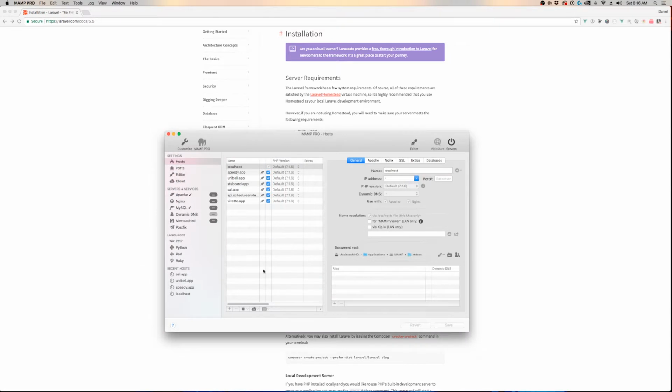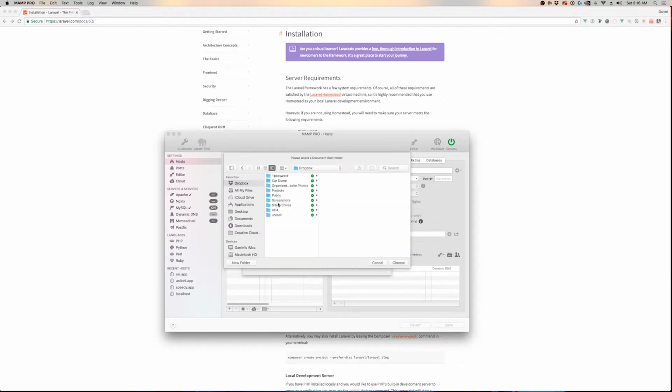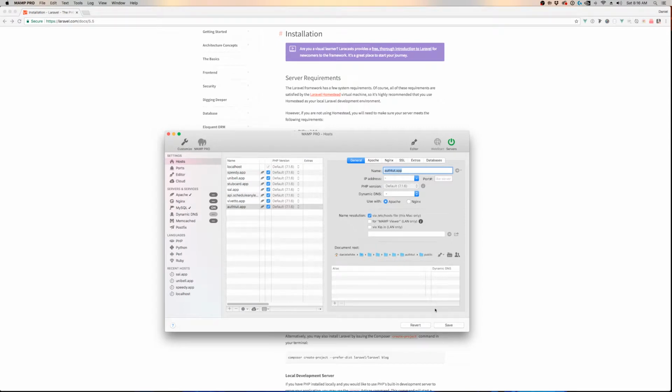So with MAMP Pro, all we're going to do is go to Hosts, and we're going to create a new host. We'll just call this auth-tut.app. And then our document root, we're going to change to what we just downloaded. So I'm in Dropbox projects code, tutorials, YouTube, auth tutorial. And we don't just want to put it on the root folder because Laravel serves out of the public folder. So hit public and then hit choose. That's going to set you up. You hit create, and then you just hit save